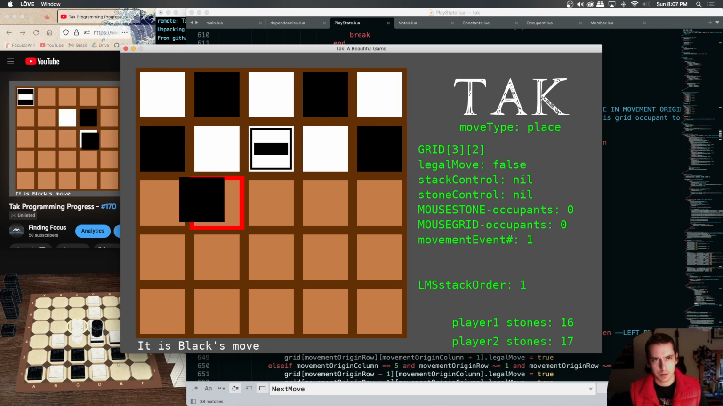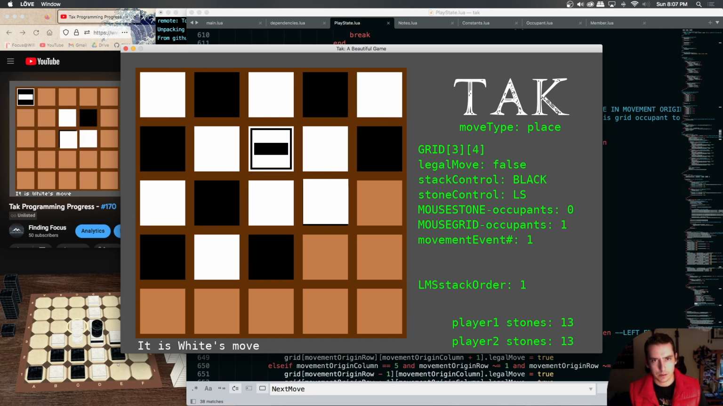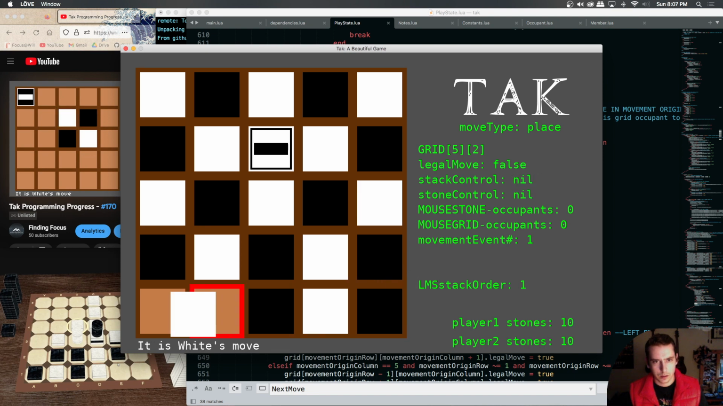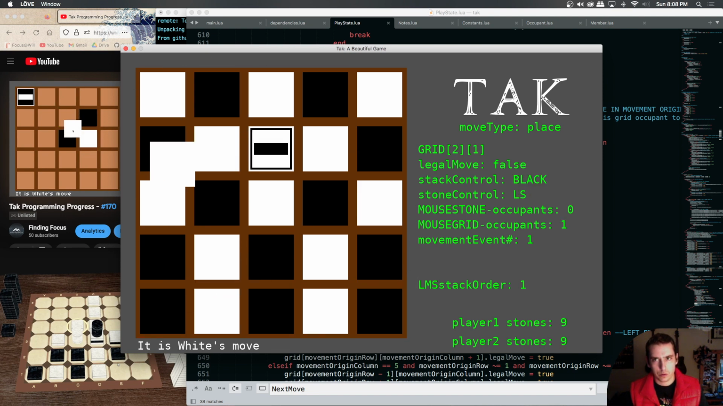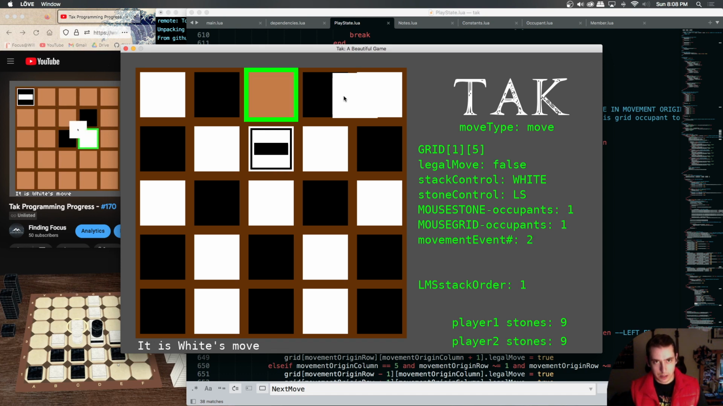Let me see if it won't let us move if everything is taken. So there's no legal move. There's no legal move to be had upon a place. Now, if it's our turn, anything in our control, we should be able to click. And then